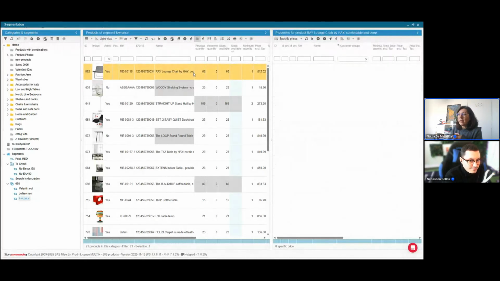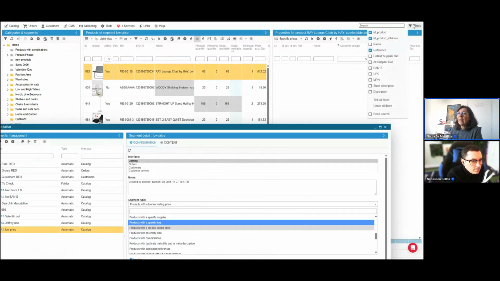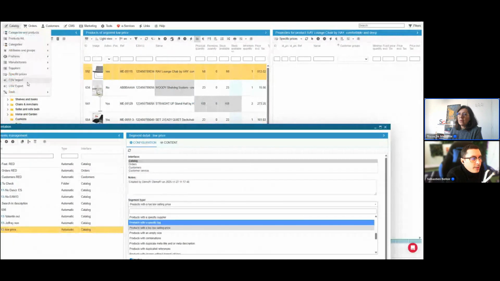Maybe there are some products that are missing a description in Spanish, for example, etc. So again, if you wanted to know if all your products have a barcode, that's going to be a bit difficult because you can do it, but you will need to do, for example, a CSV export of all the products with no barcodes.